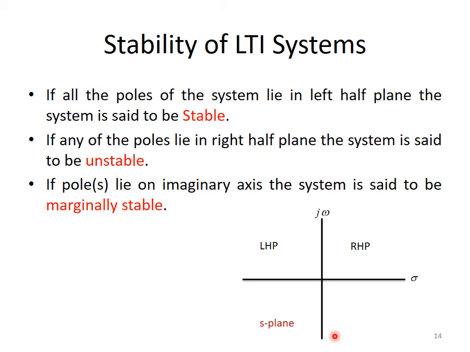So the stability only depends upon poles. It doesn't matter where zeros are, right? In fact, it does matter as far as the relative stability is concerned, but that is slightly beyond the scope of your course. So at the moment we are only going to discuss the absolute stability of the system, which depends on the location of the poles in the S-plane, and this is what we have discussed here so far. So moving on,